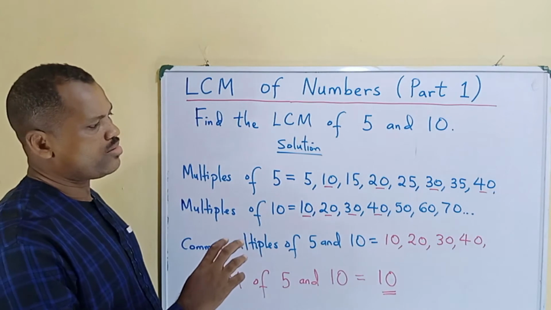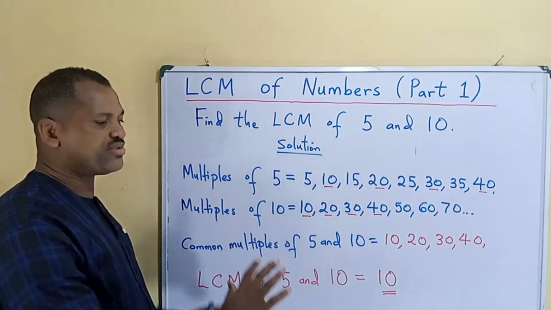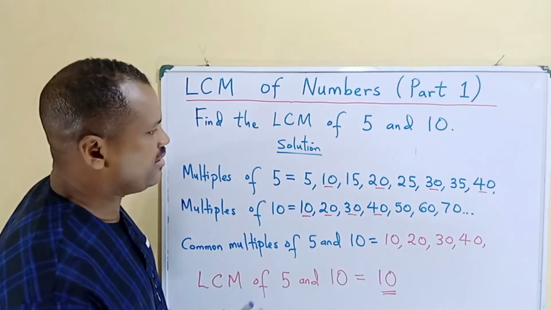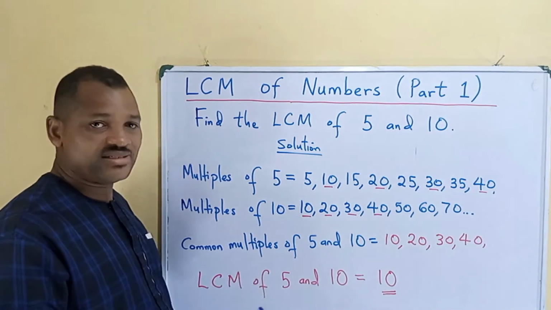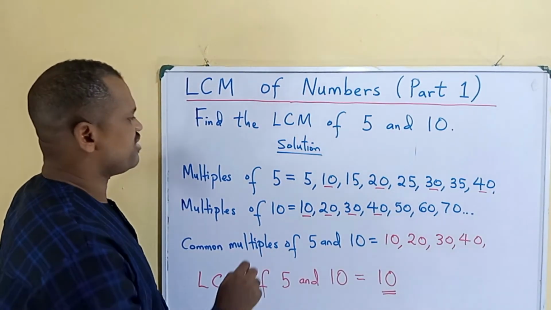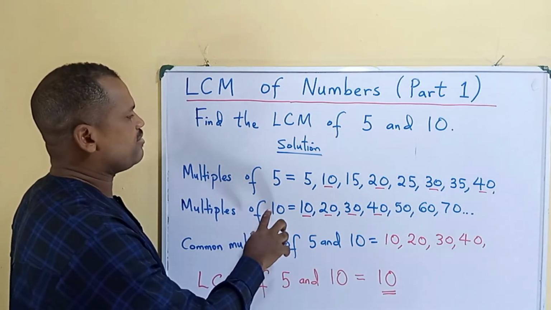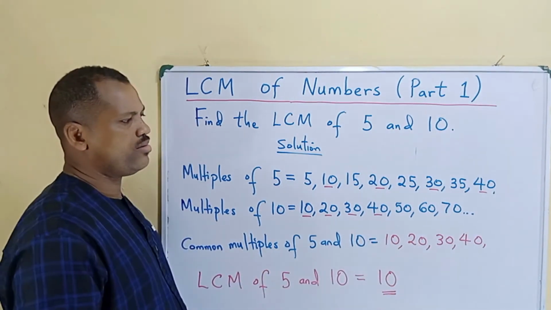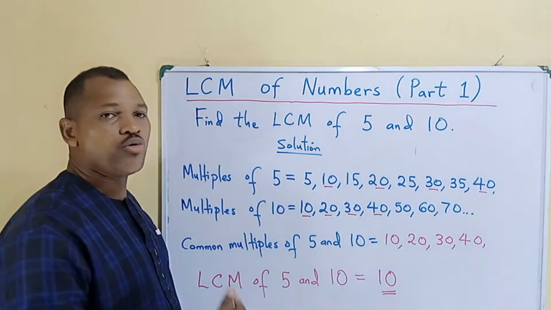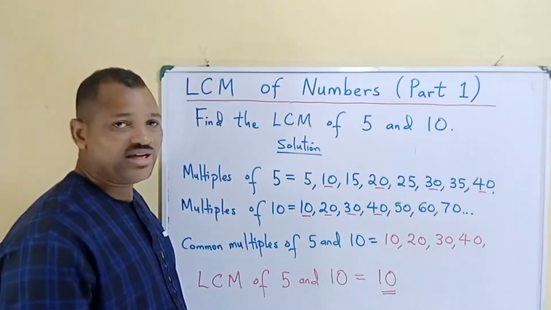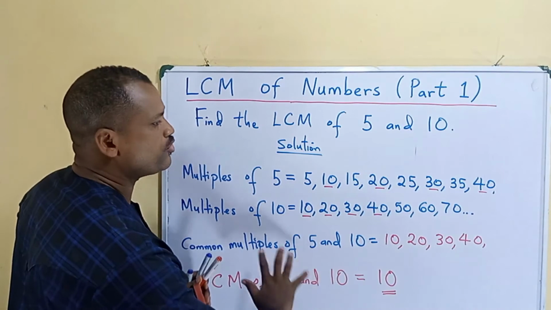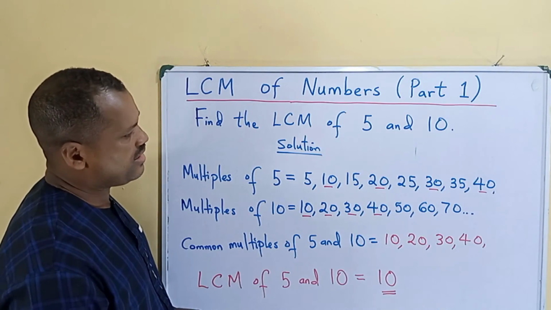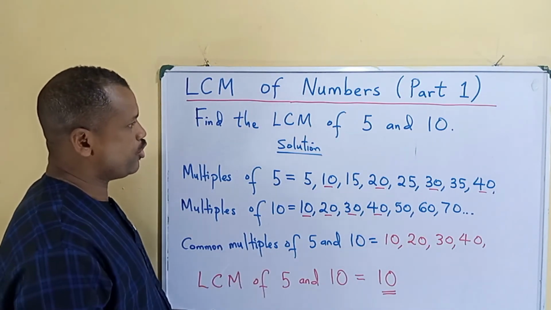Now, this method is simple and wonderful for children in lower classes. Because if you are asked to find the LCM of larger numbers, this method will become more cumbersome. It will consume more of your time. That is why it's meant for children, for beginners. So I'll just do one more example and we will be done for this